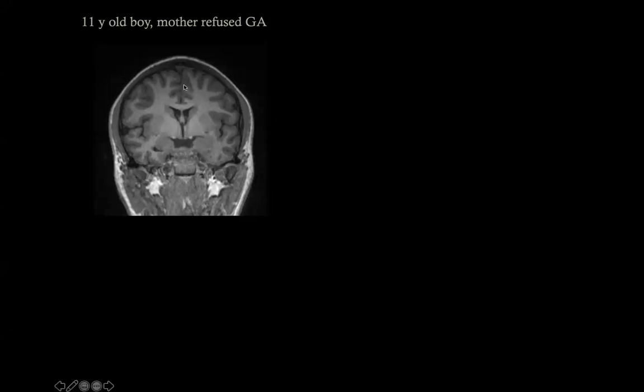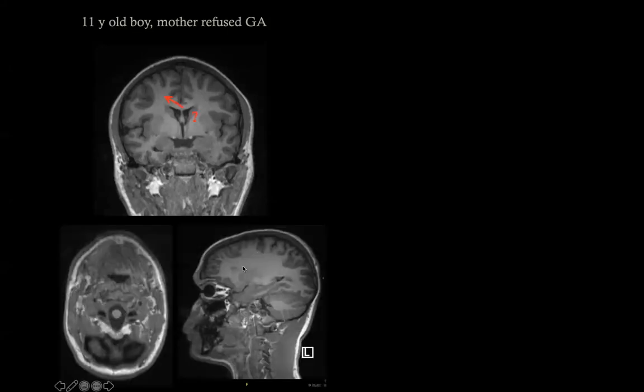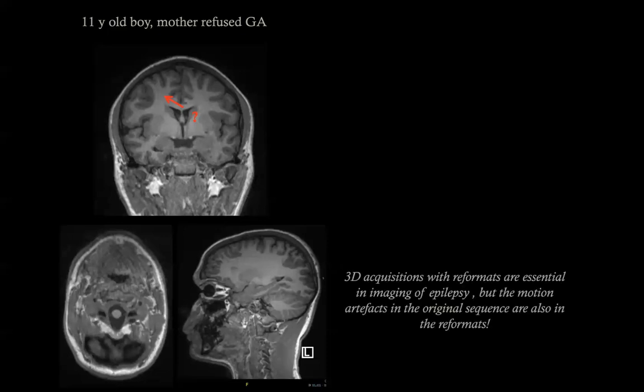And the problem is that when you acquire a 3D sequence, then you want to reformat in the other planes. But of course, you will have the artifact in all the planes. And so one sequence will give you 3 sequences when you acquire this in a volumetric fashion. But every problem you develop on the source images, you will have in the other images as well. So 3D acquisition are essential because they give you this multi-parametric ability, but also